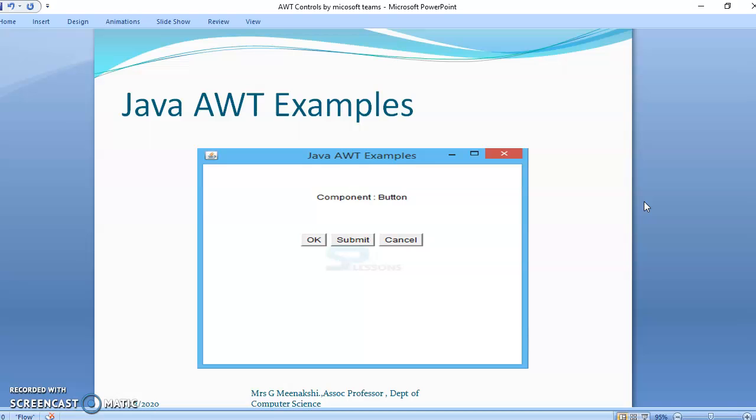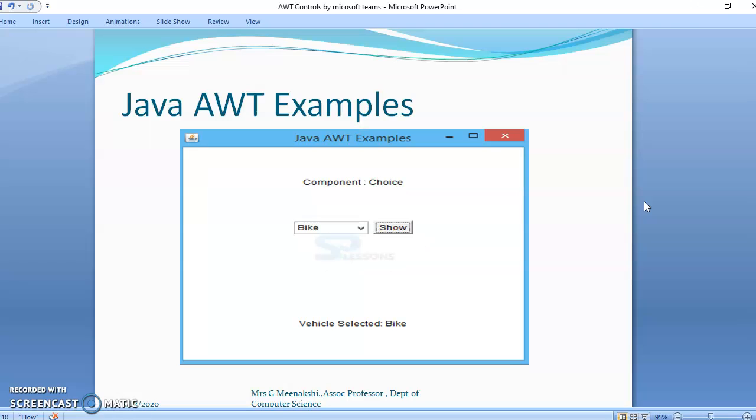If you want to use the submit button, you just use the component submit button. If I don't want the application, I have to come out of it, so I just click the cancel button.